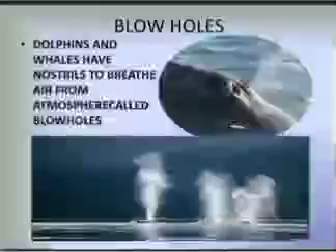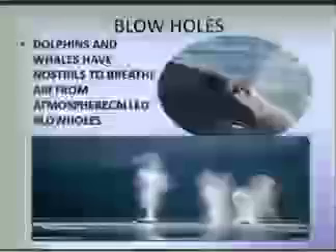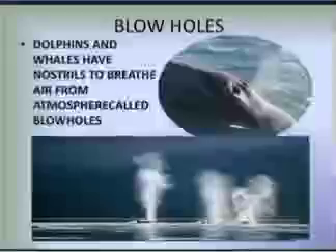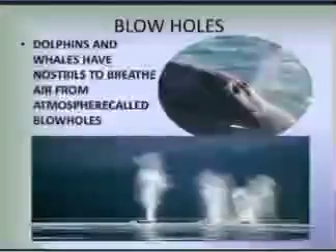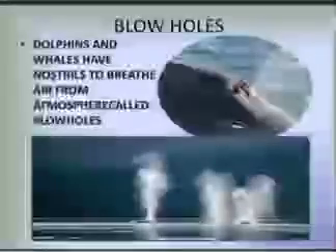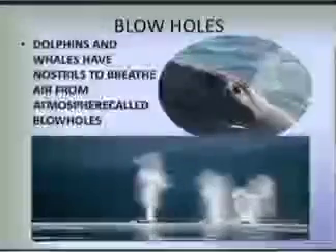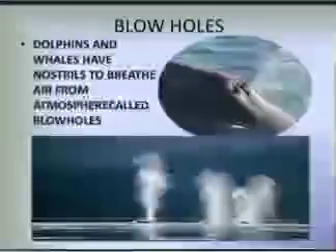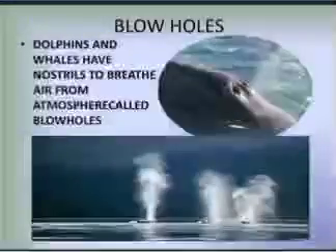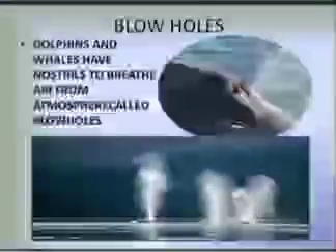Now, if we talk about other animals living in oceans, we can think of dolphins and whales. Dolphins and whales have nostrils to breathe air from the atmosphere, and they take it in through their blowholes. You can see two holes. These are just like the nostrils in human beings, and the inhalation and exhalation of air takes place through these blowholes in dolphins as well as in whales, which are present on the top of their heads.